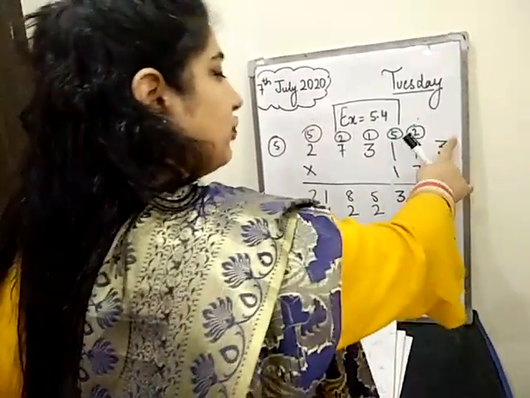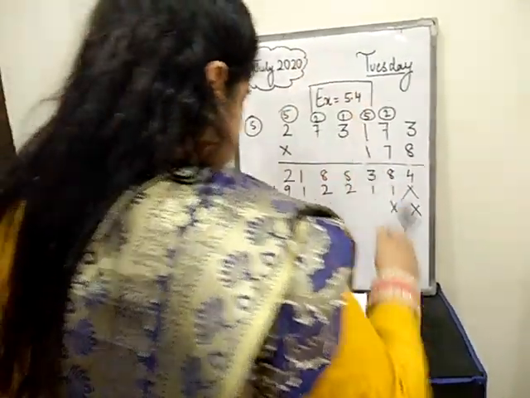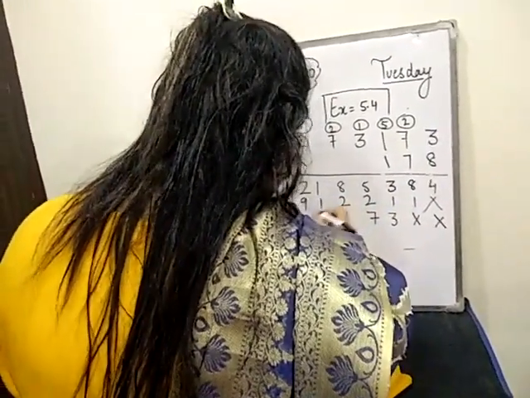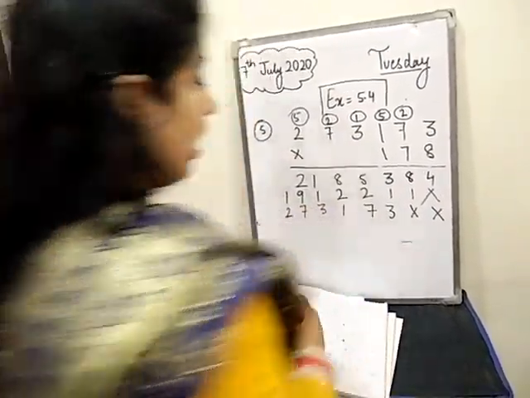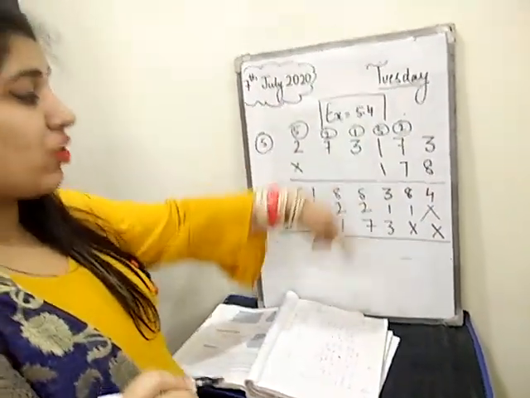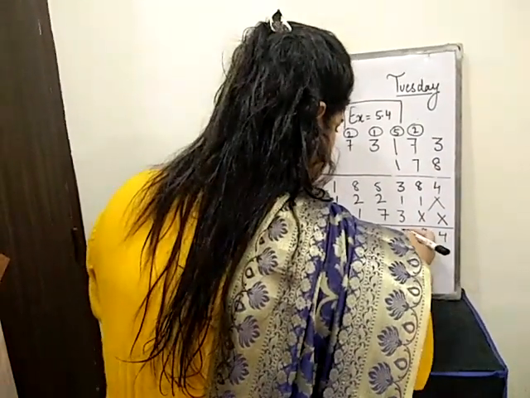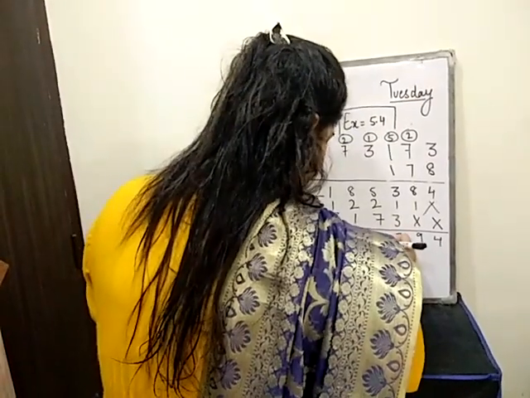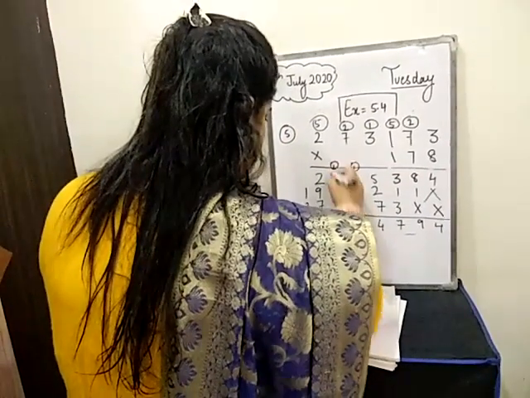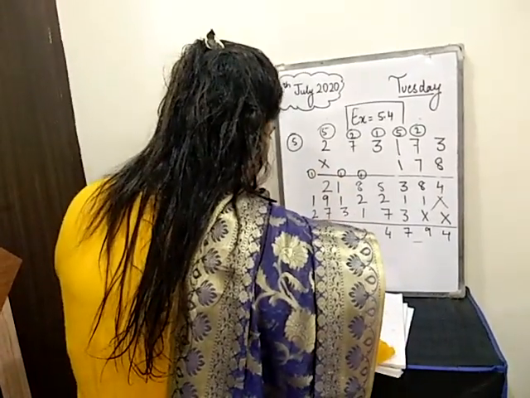Now you will multiply 1 with 3, 1 with 7, 1 with 1, 1 with 3, 1 with 7, 1 with 2. So I am multiplying here, I am writing 1, 3, 7, 2. After multiplying, you will put a line and then you will add all these digits. So here it will be 4, 9, 7, 14. So 4 carry 1, 12, 2 carry 1. Here it will be 6, 18, 8 carry 1. So here it will be 4.